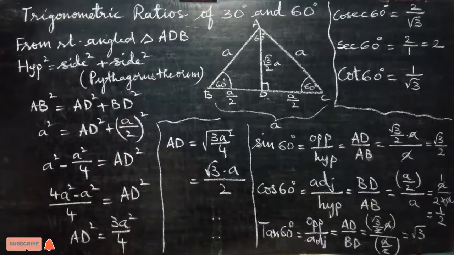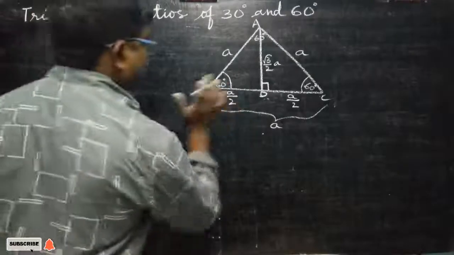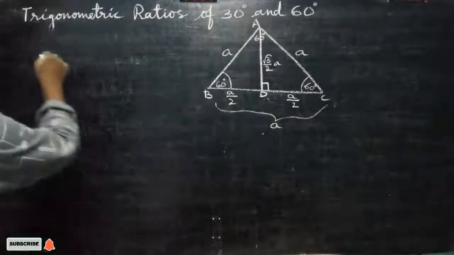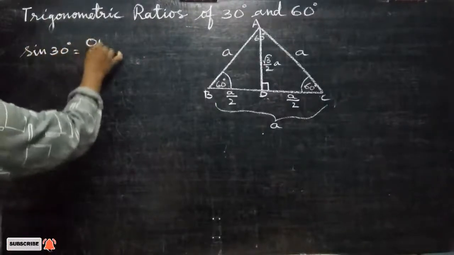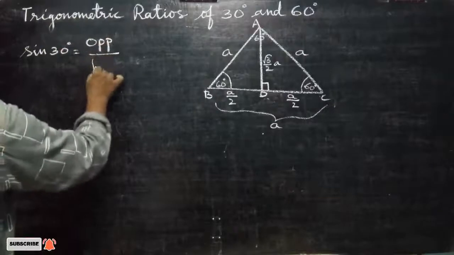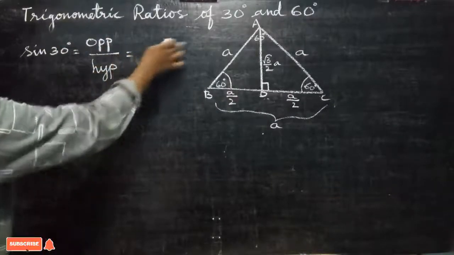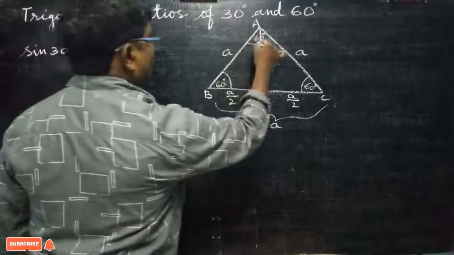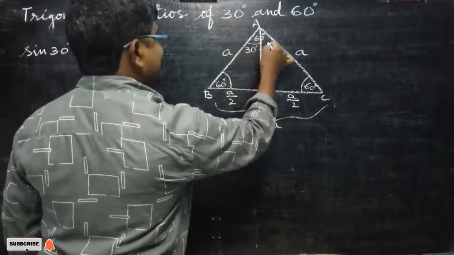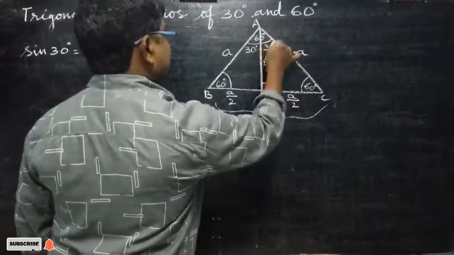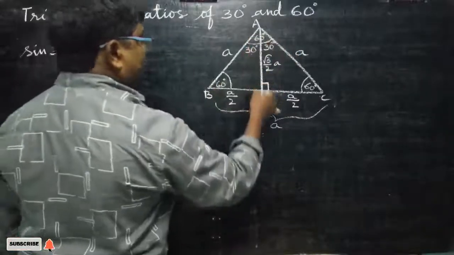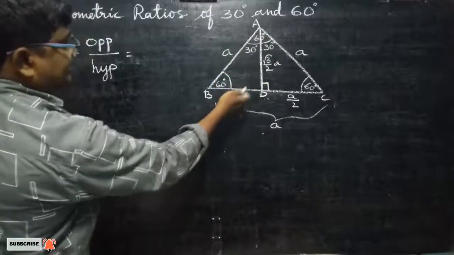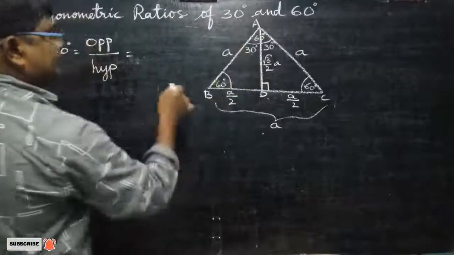Now I teach you 30 degrees. Now with the same figure we are going to learn 30 degrees. Sin 30 degrees is equal to opposite side to 30 degrees by hypotenuse. From this is 60. So how much is this one? 30 degrees. This is also 30. How 30? Sum of 3 angles in a triangle: 90 plus 60, 150, and here 30. Now, this will become opposite side, this will become adjacent side, and this is hypotenuse.